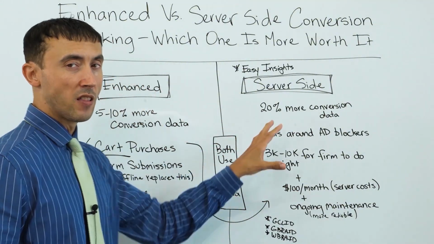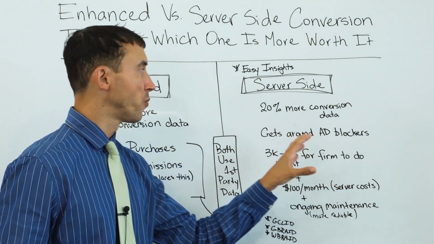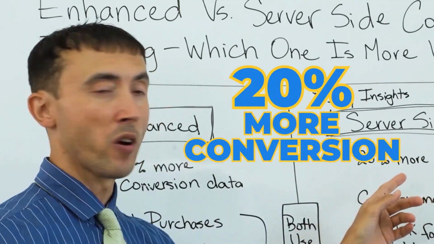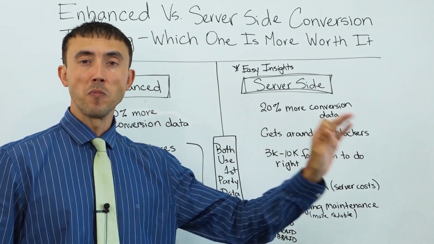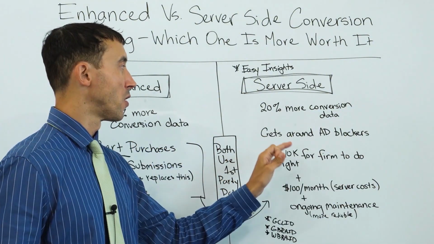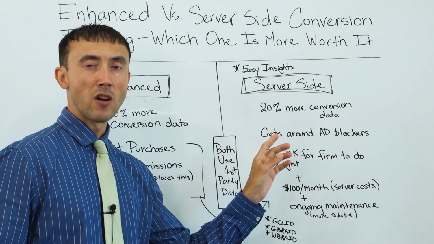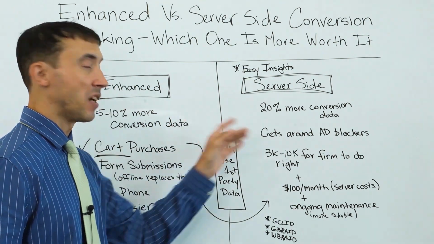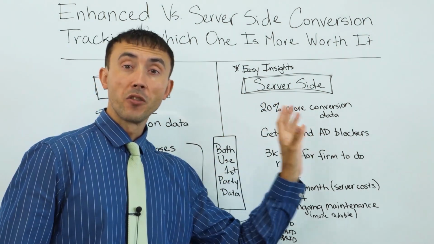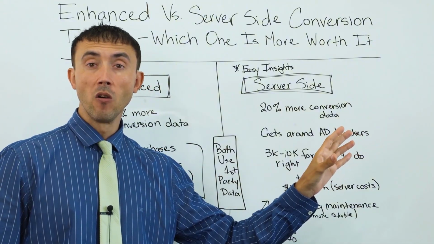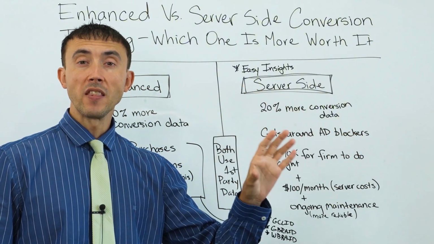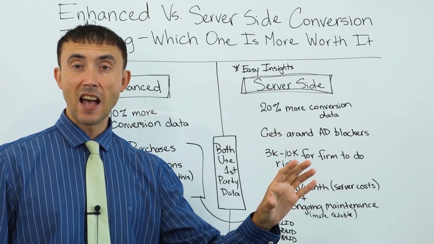The one great thing I could tell you right off the top in reference to server-side tracking is you can literally get 20% more conversion data over your standard pixel-based tracking conversion goals when you use server-side tracking itself, okay? And the reason for that is because ultimately 30% of users roughly now use ad blockers. And if you're using an ad blocker, the one thing the ad blocker does to block ads is it blocks